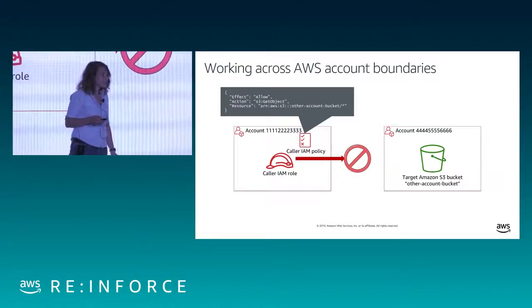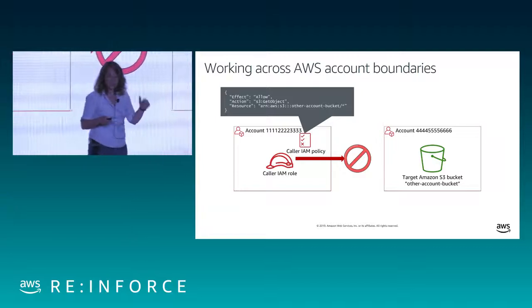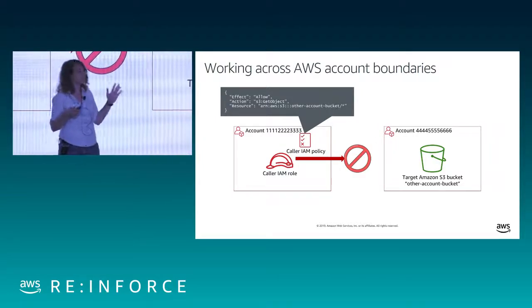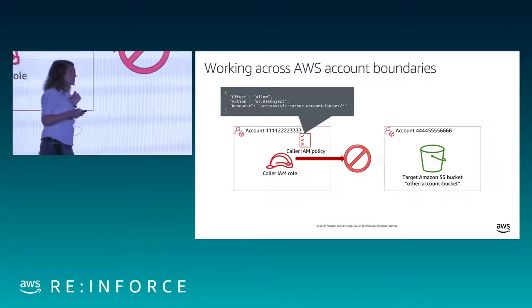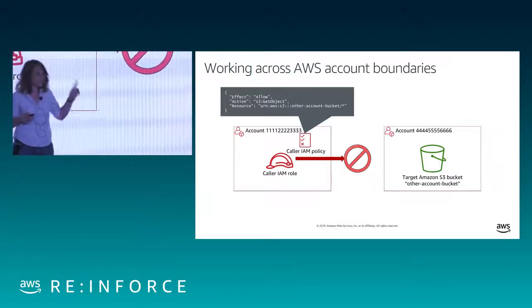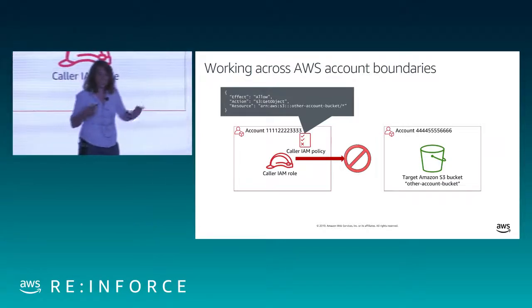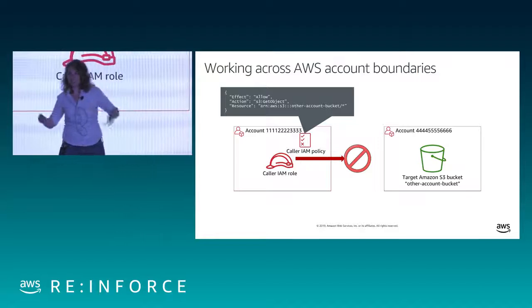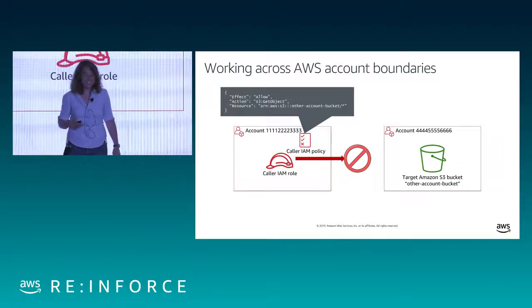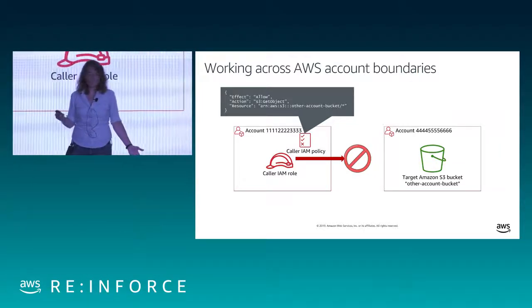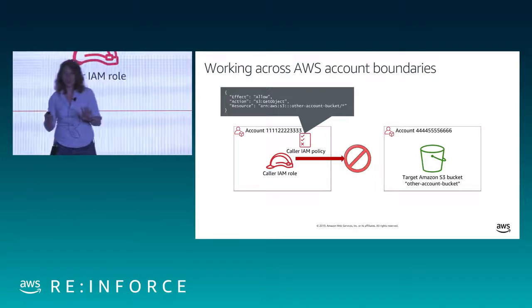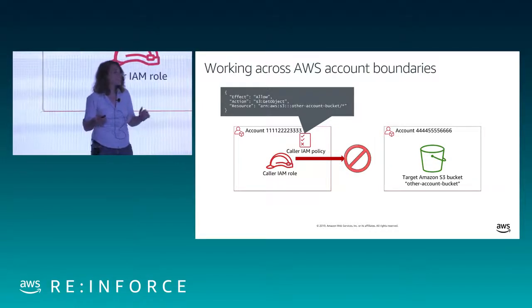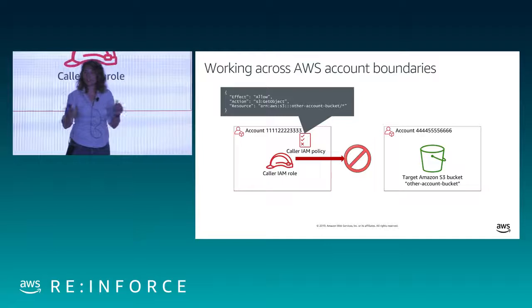No. Because think about it, right? Why should I, over in that red account, over in the account on the left, be able to write a policy that grants me access to somebody else's thing? If I could do that, then I could just grant myself access to your bucket, right? And that's obviously not okay. So when you have two accounts involved in an authorization, you actually need it allowed from both sides.